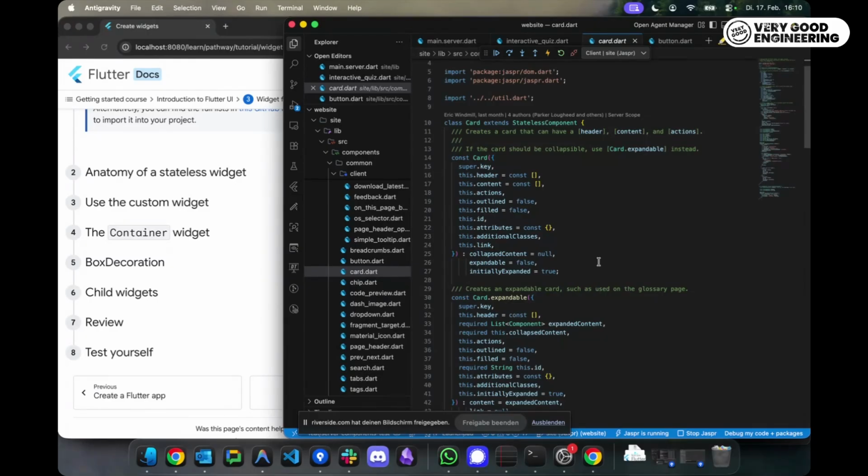Yeah, Flutter set a very high bar when it comes to developer experience, so there's definitely some expectation, some push that Jaspr should at least try to have a similarly good developer experience.